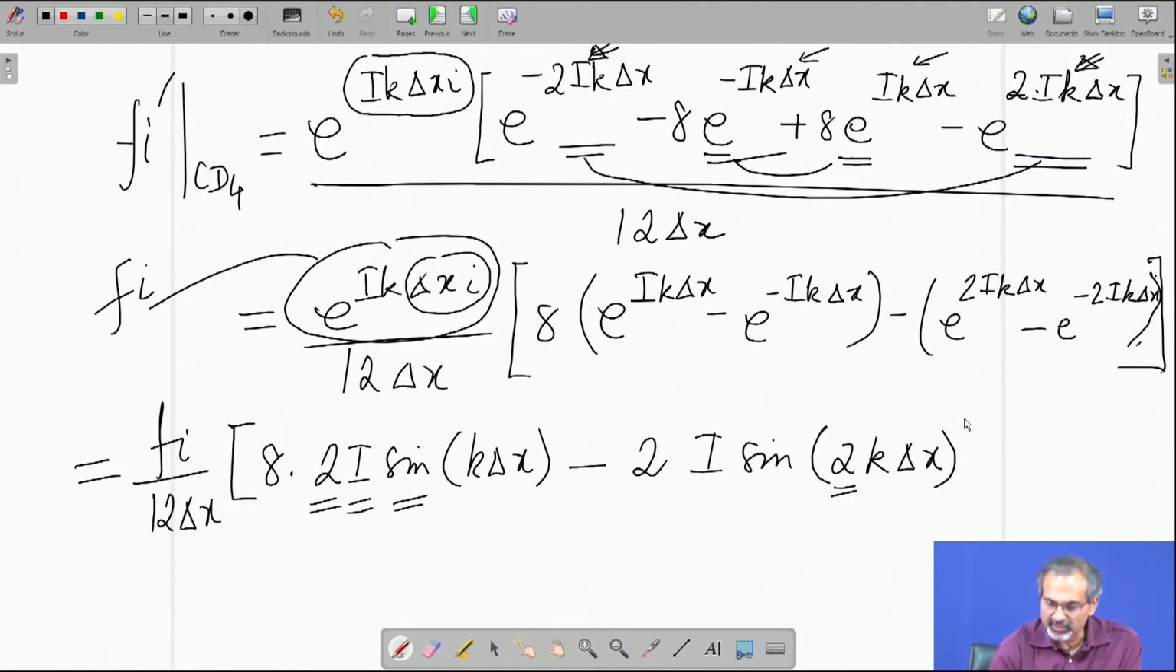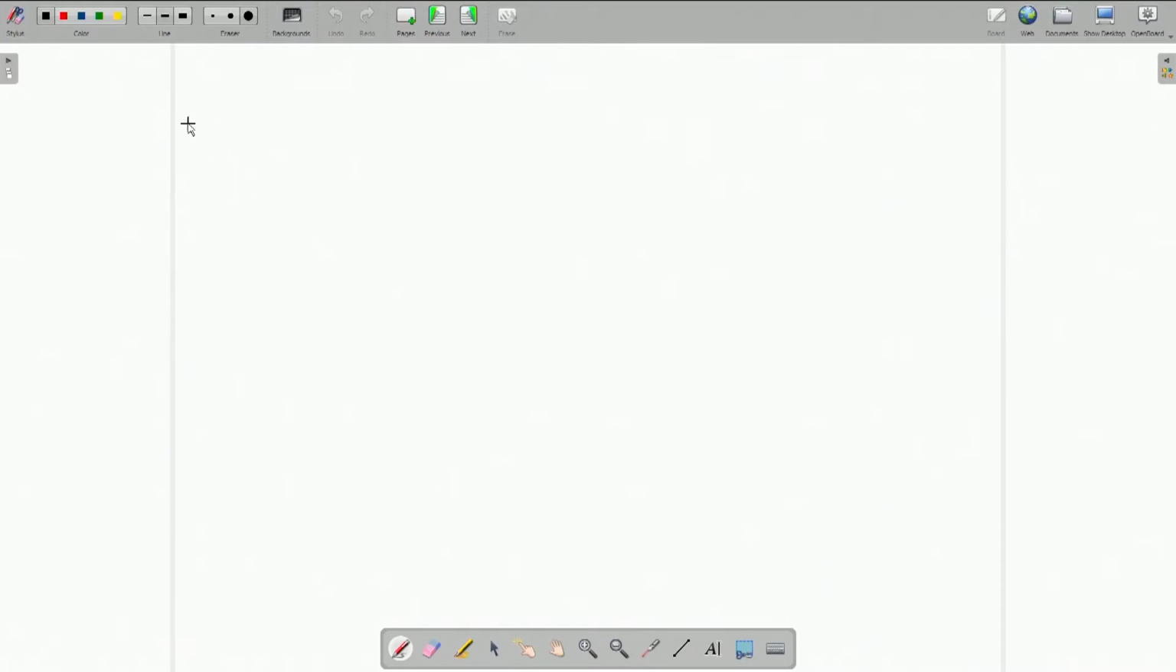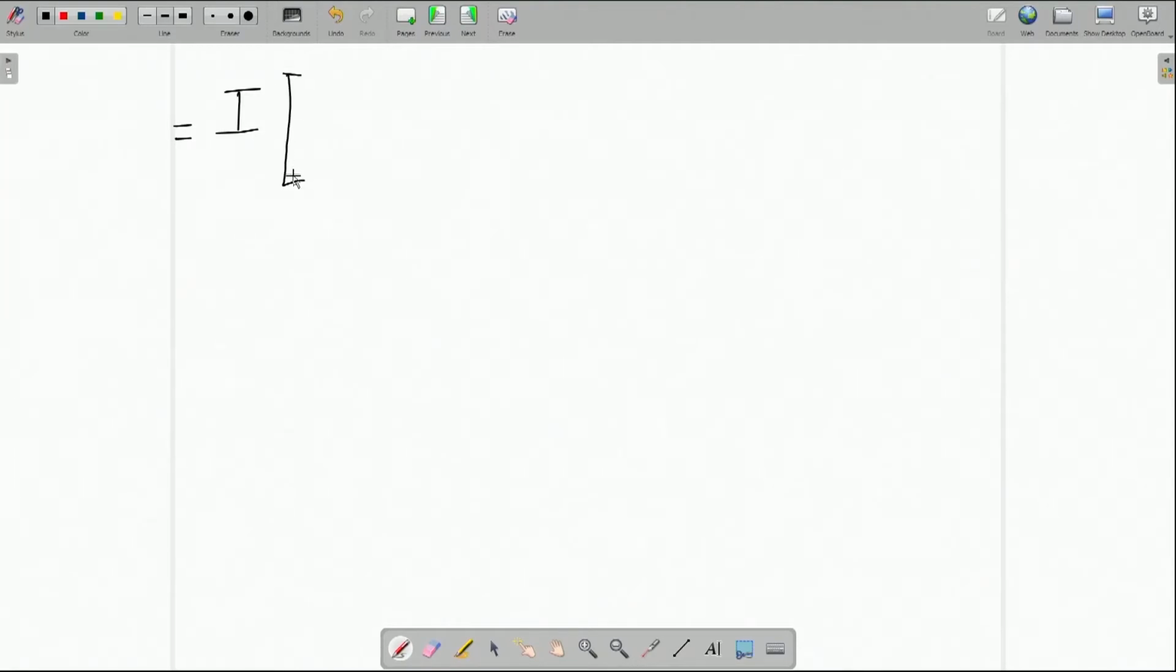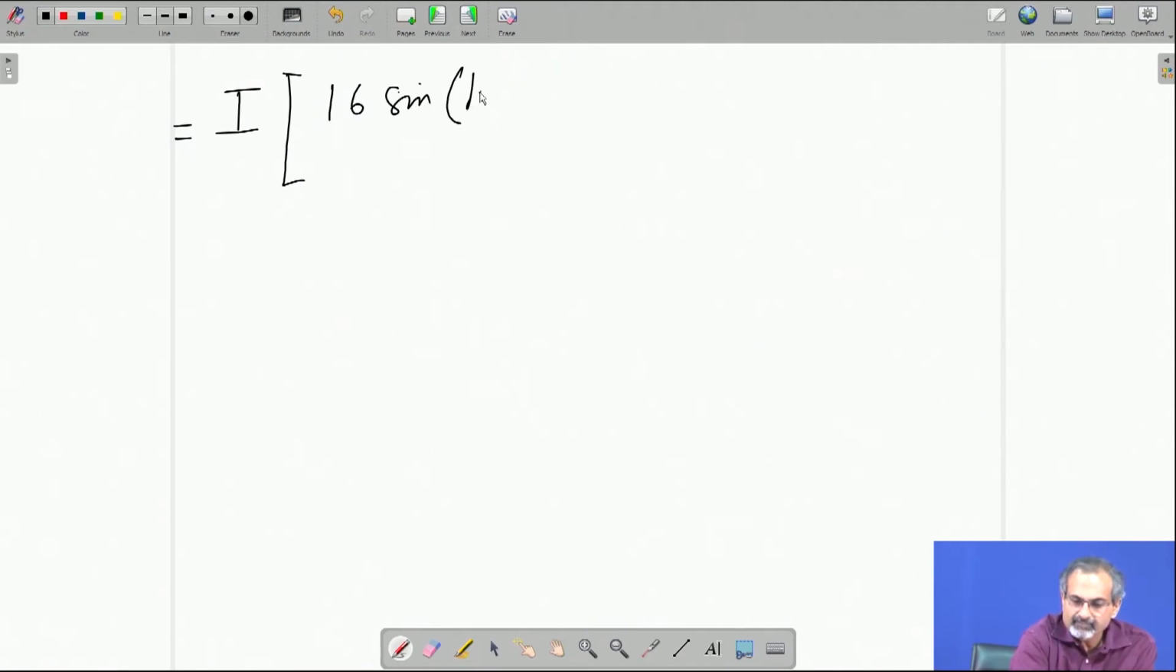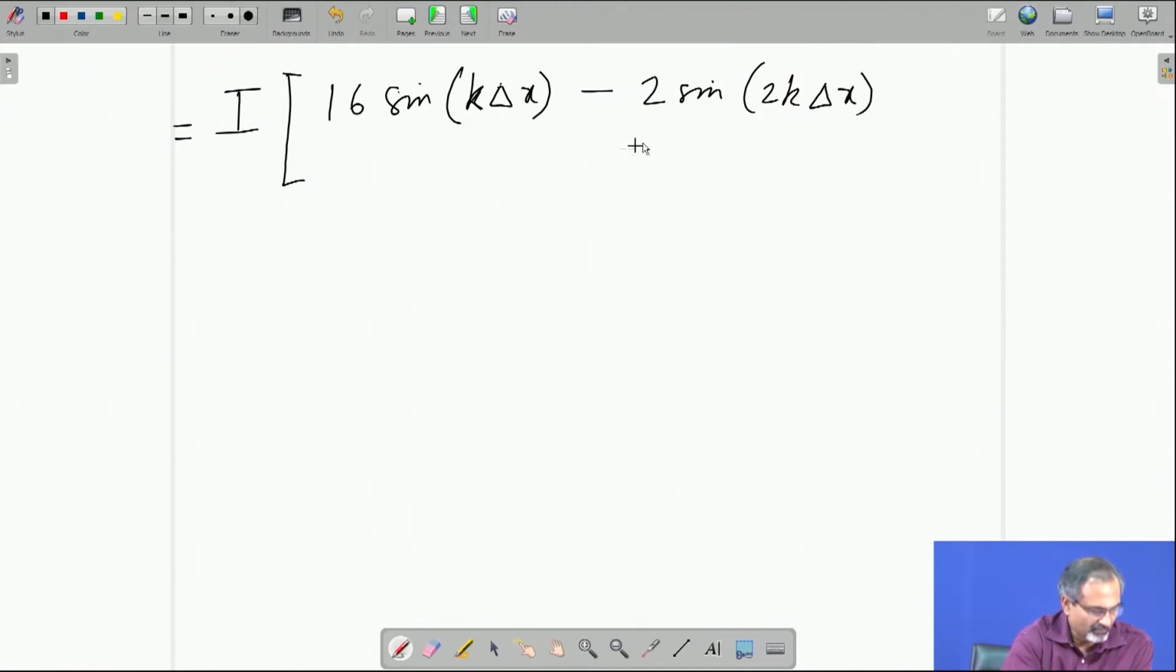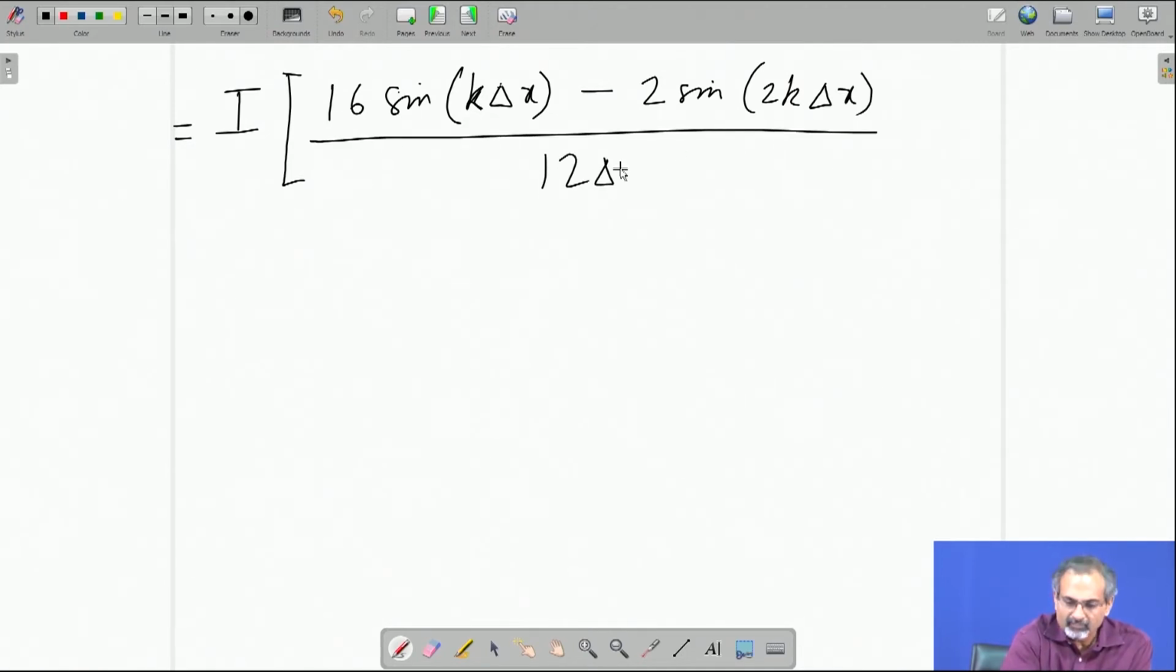Be careful to put in this 2 inside. So, this can be written as, as you can see, we are gradually getting it arranged into a form which can be easily compared with the